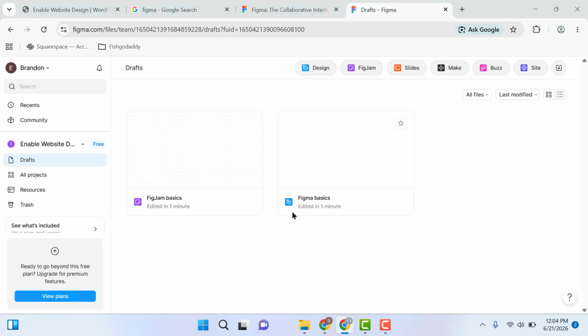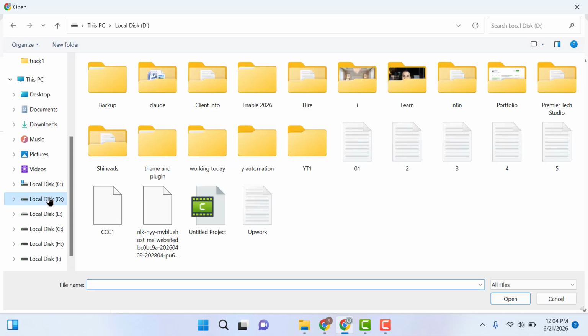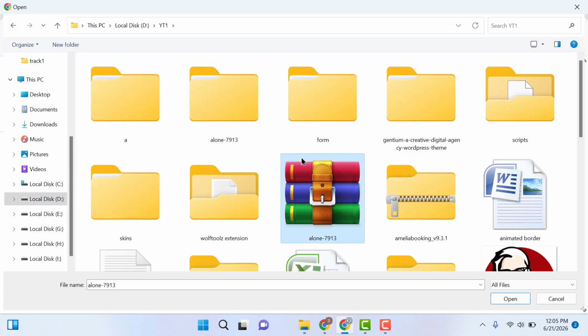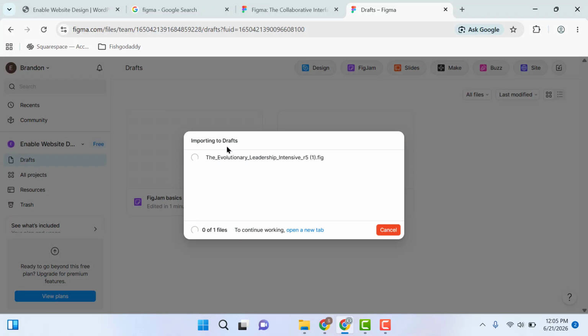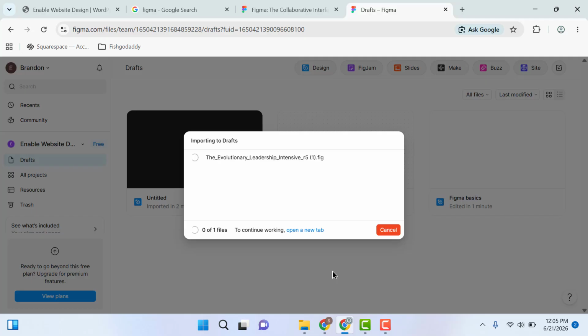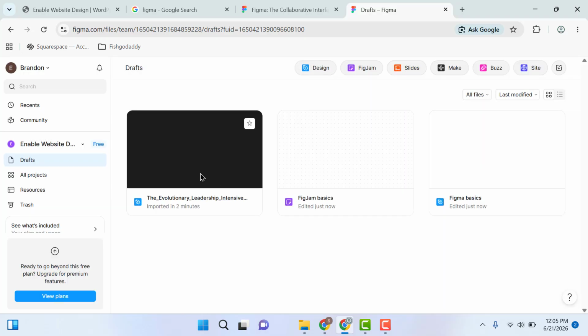Then after that here you can easily select the file. So let me go here and select my file, this one. Within a couple of seconds here you can see the file is ready. Now the next step is we need to open this file. Okay, that's done. Then click on the file,